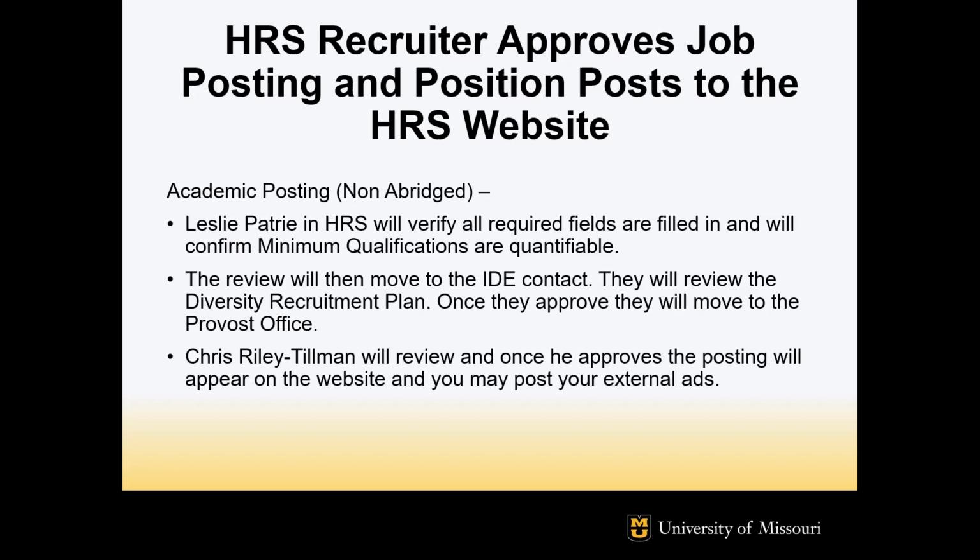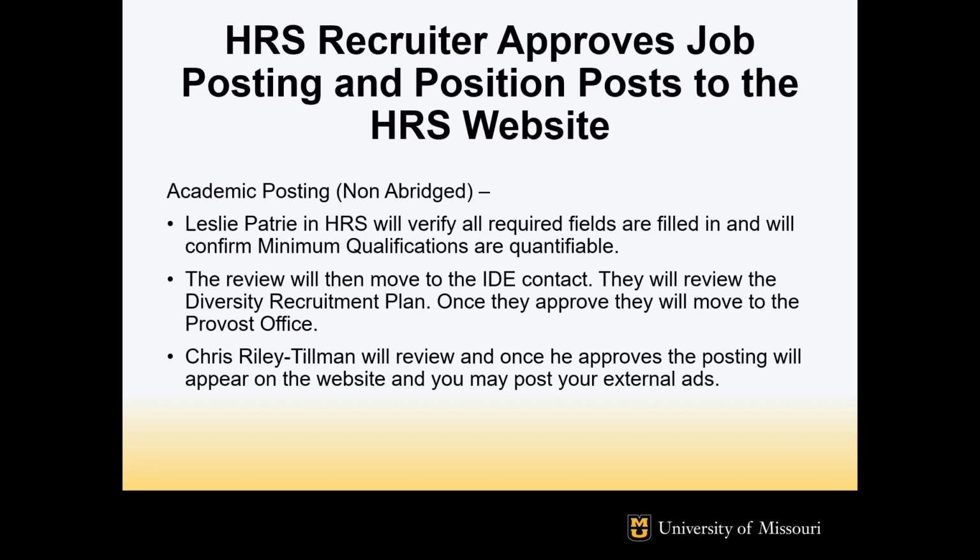All right. Once the HRS team has received the request for a new posting, I will go through to verify everything is completed correctly and that any necessary attachments are included under the activities and attachments page. If anything is missing or needs to be changed, I will edit or push the posting back to the department requesting the change, depending on the edit needed.